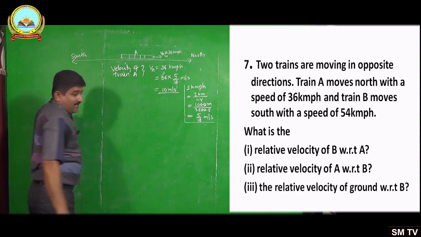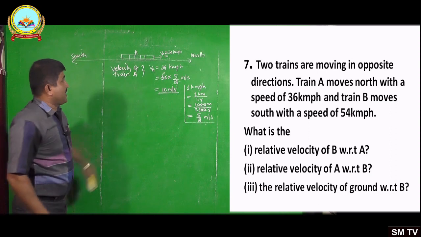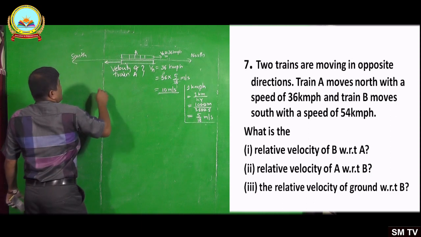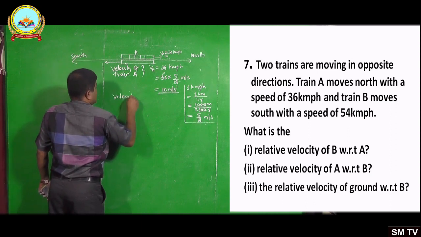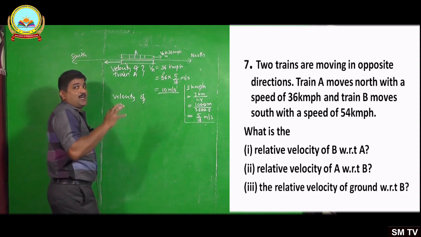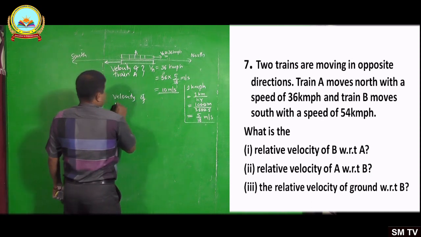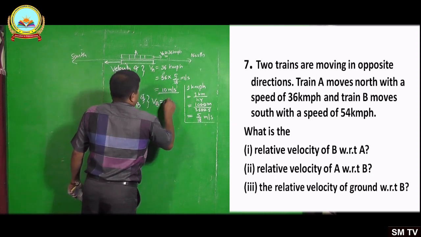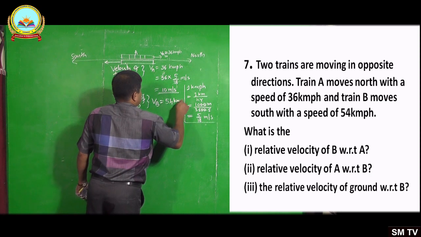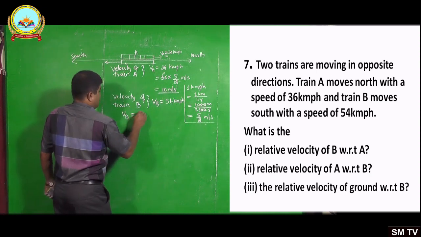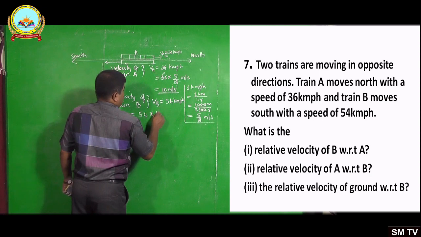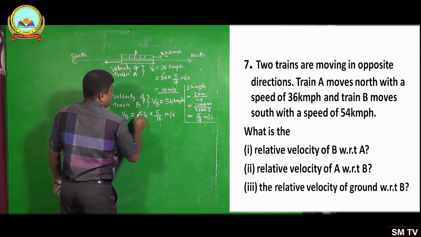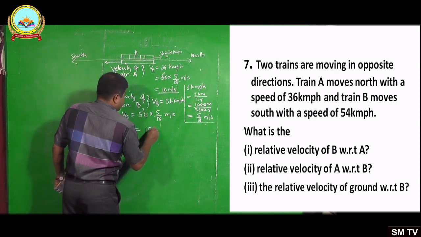Now the second train B is moving opposite to train A, so the direction of motion of the train is towards negative. When you write a velocity, you have to put the plus or minus in one dimension. So velocity of train B, VB, is 54 kmph as given in the question. Converting 54 kilometer per hour into meter per second, times 5 by 18, that is equal to 3 times 5, 15 meter per second.